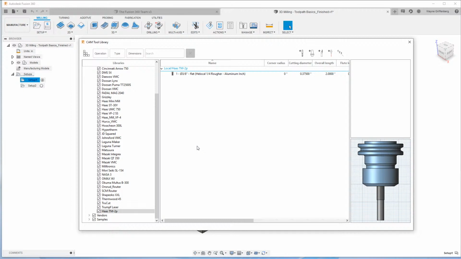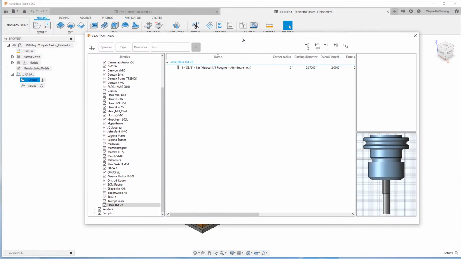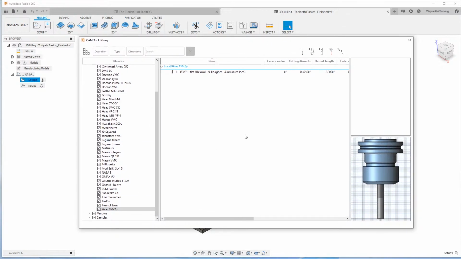Now I mentioned that we can import tool libraries as well. So if you don't want to start from scratch, one thing I'd like to show you is importing a tool library from a catalog or from a customer. One place I think would be helpful as you get started to learn about this process, and you might even use some of those tools we talked about. So if I wanted to bring in a helical tool library,